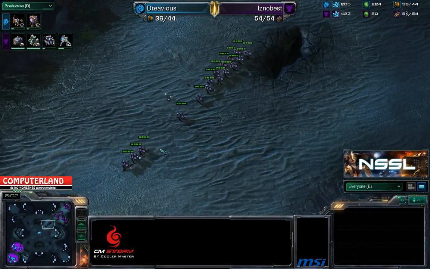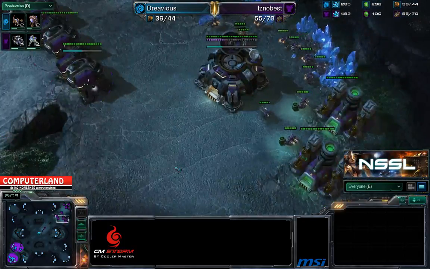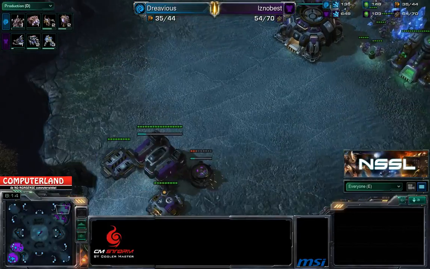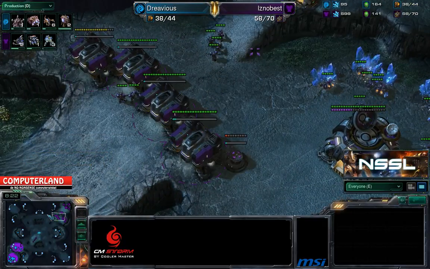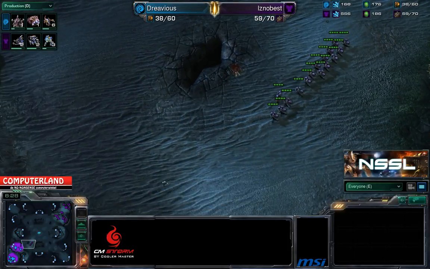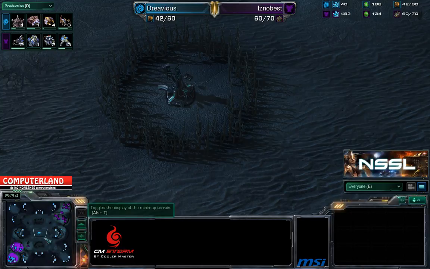A lot of Zerglings are coming out, and he sends his Zerglings to the Marines. The Marines get killed off, but also a lot of Zerglings. And there's already another push coming on its way. Well, Iznobest is also trying to macro. So there's the first tech lab going down for Iznobest, and this push gets scouted by a Zergling who was going to go to this Xel'Naga tower,